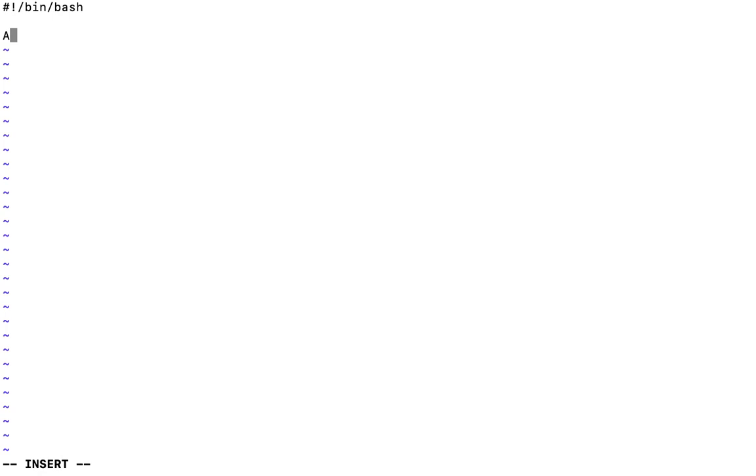Then to assign a value to the variable, it's quite simple, just A equals B. So in this example, A is a variable and I have assigned the value B to the variable.